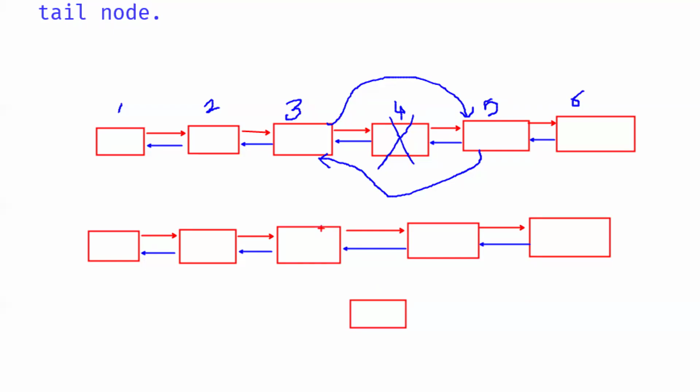Previously, this node's next link is pointing to the right side node. What is going to happen now? When adding the new node in between the two nodes, these two links are removed. Then how are the links created? Its next will point to,